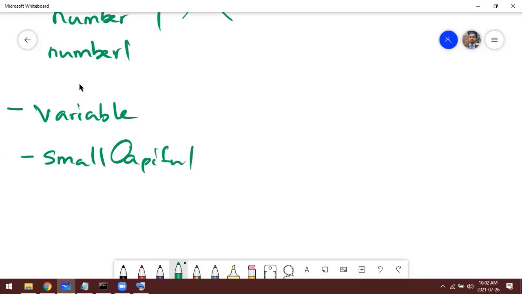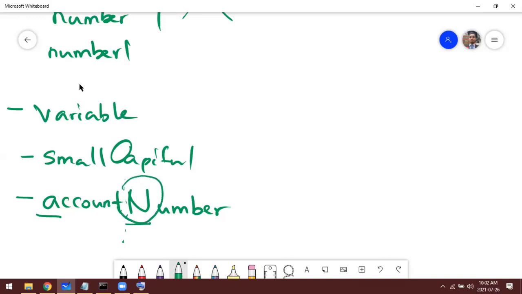For example, if you want to declare a variable, account number, you can type like this, accountNumber, is a standard way, right? So you are starting with the small letter, and when you use more than one word, here there are two words, account and number, right? So when you start the second word, you are starting with the capital letter. So it is also easy to read as well, right? That's why we start the second word with the capital.